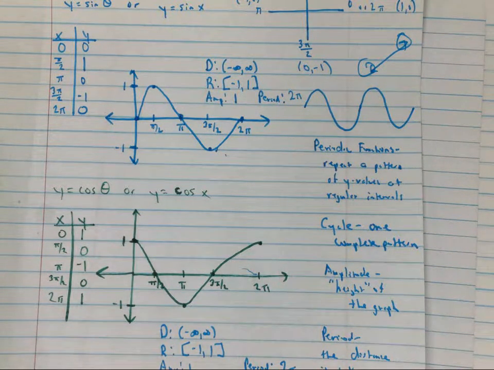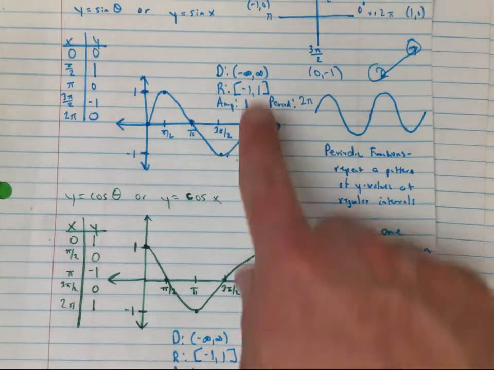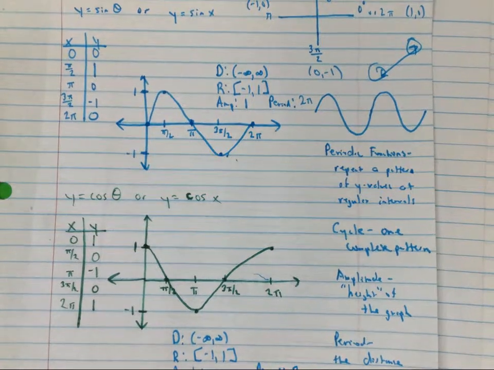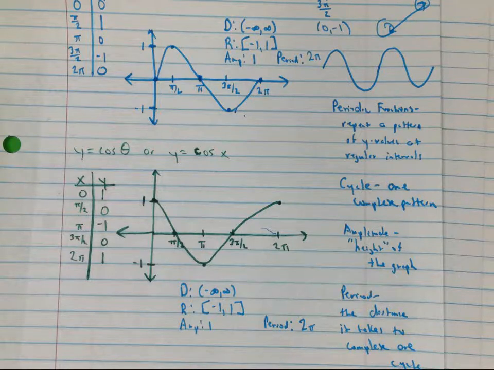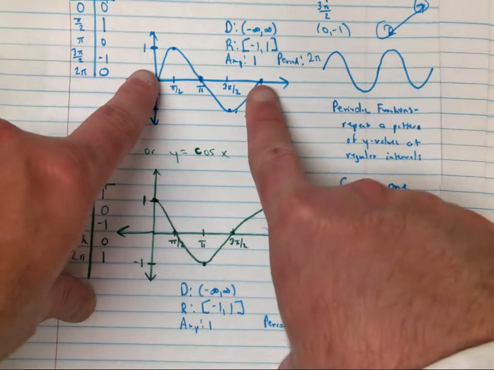But you just need to review these vocabulary words. Know that sine and cosine are periodic functions because they continue to cycle. Cycle is one complete pattern. Amplitude refers to the height. Period is the distance it takes to complete one cycle. The domain for both of these is all real numbers because they continue to go. Range is -1 to 1 because they bounce between 1 and -1. The amp is 1, the height, and it takes a period of 2 pi distance to make one cycle on